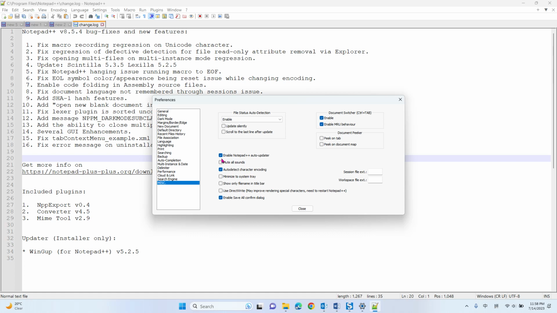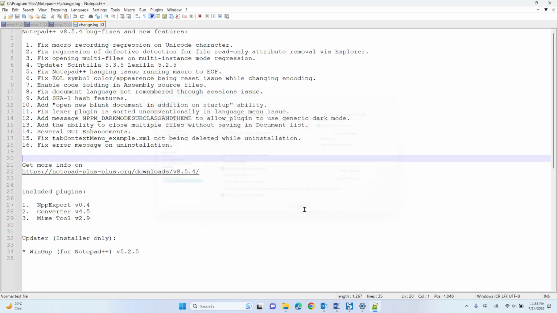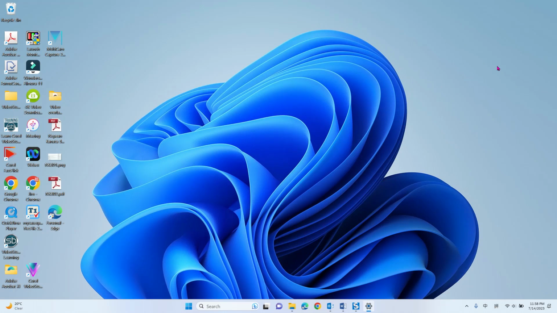And here is the option to enable Notepad++ auto updater. So uncheck that, click Close, and then you need to close Notepad++, and after you